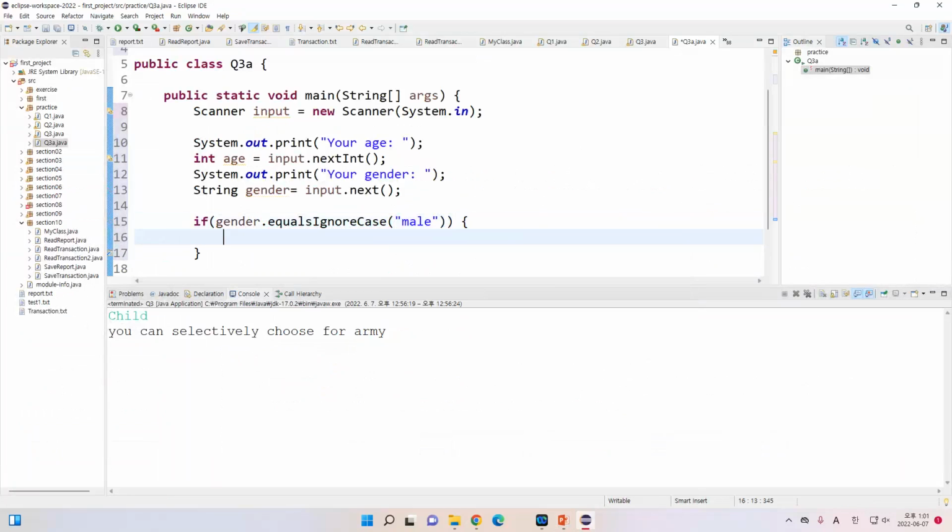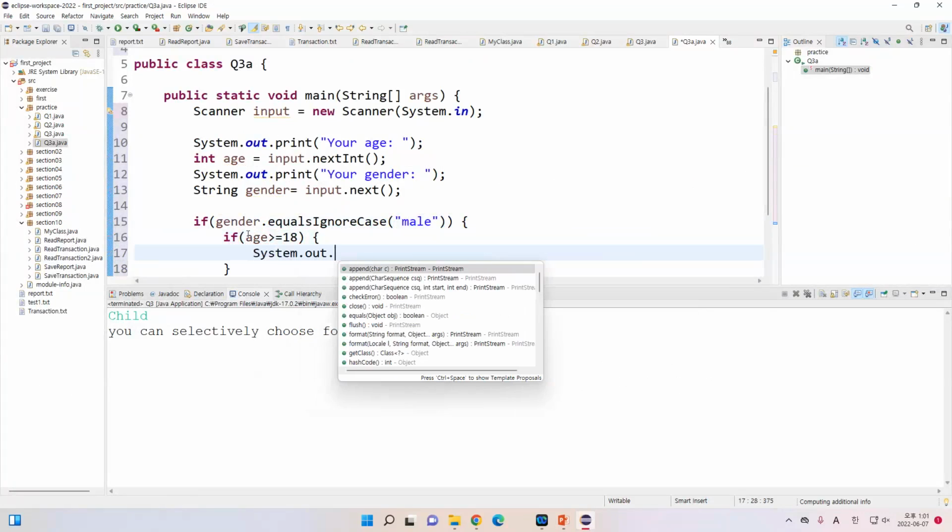If the gender equals male, then there will be another two options. If age is greater than or equal to 18, then System.out.println,